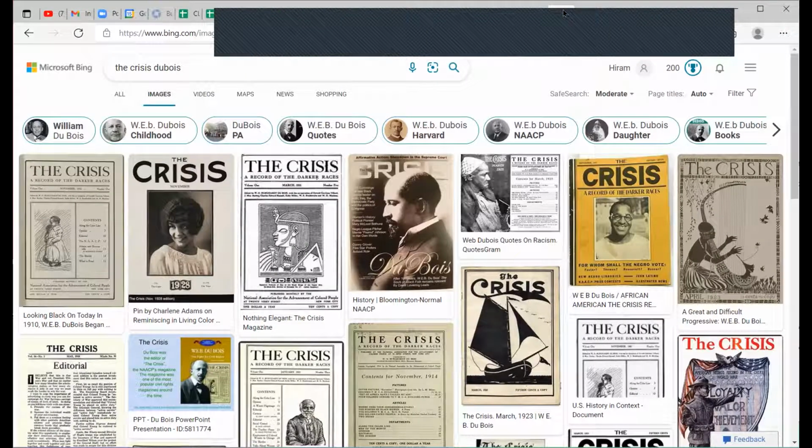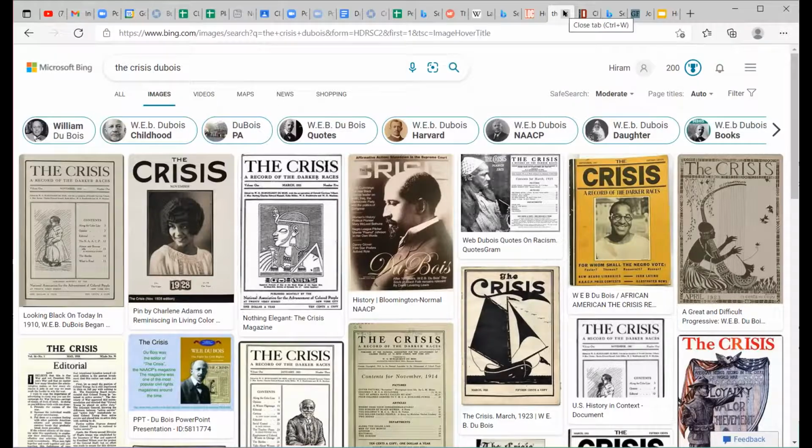So the Crisis, I learned, is the publication of the NAACP. It was the first publication that they created. It was created by W.E.B. Du Bois in 1910. And so he began to share all of this information, news about what was going on